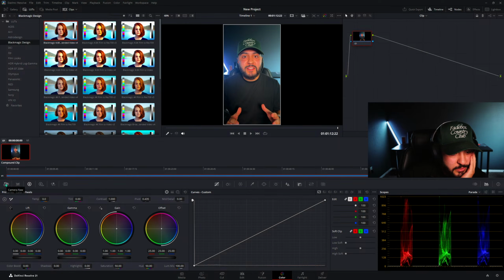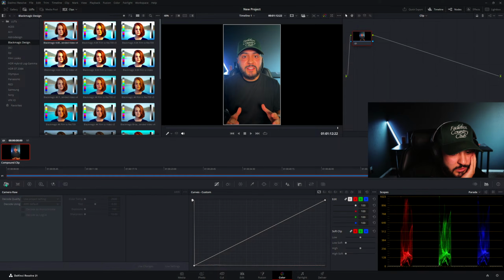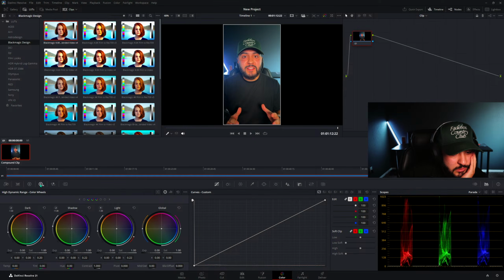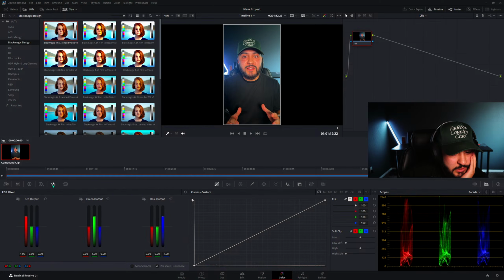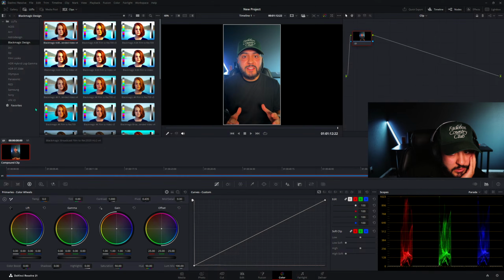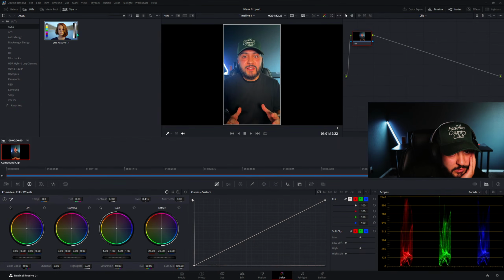HDR, RGB mixer, camera raw. Dark light global green output. Okay, now it's responding a little bit better. Where's the temperature? I'm gonna do like a